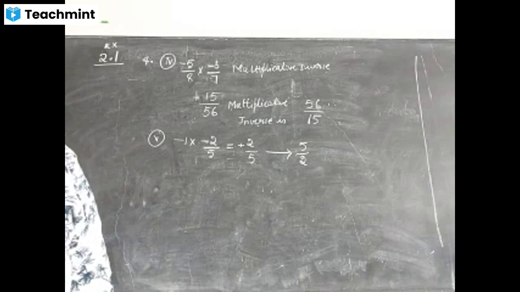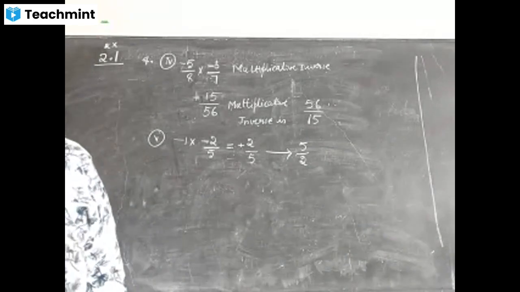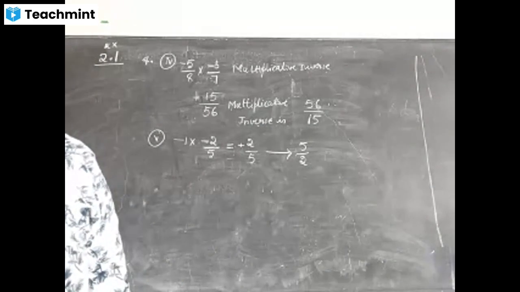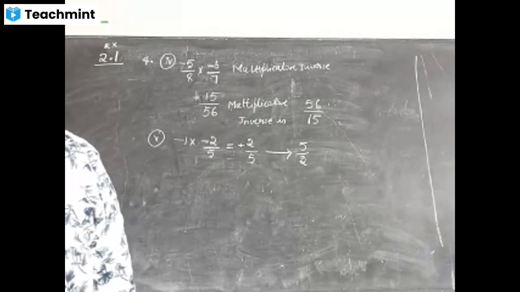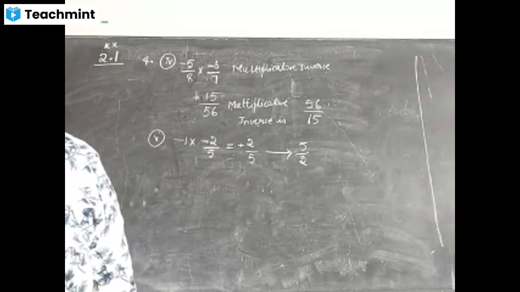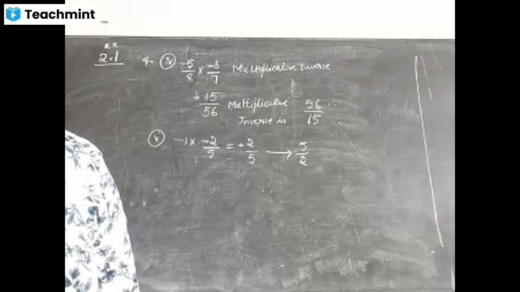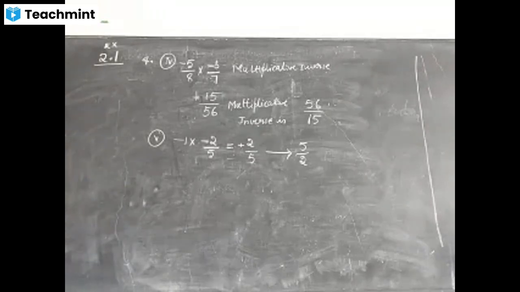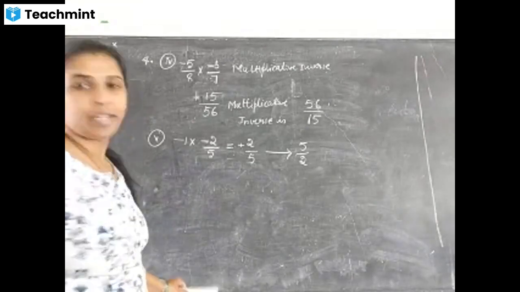Roman number 6, read carefully and do. Okay, it's easy, but you must understand the question. Roman number 7, tell what property allows you to compute the given question. That is not needed, Roman number 7 is not needed. Roman number 8, they asked: the multiplicative inverse of 8 by 9.